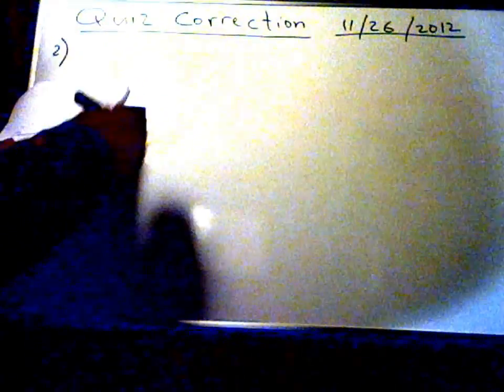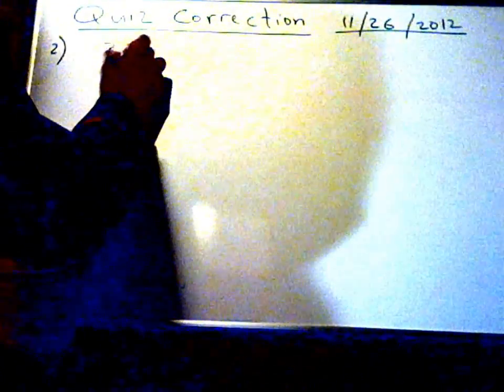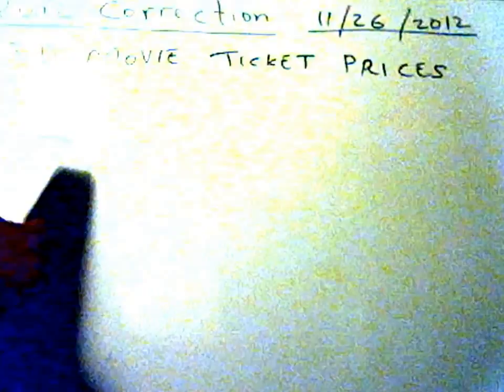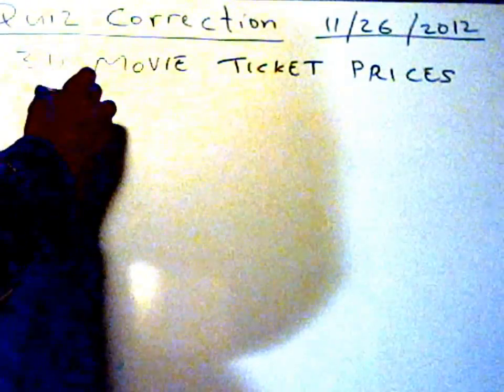Number 2 gave us a table. And the table looks like this. It's talking about 3D movie ticket prices. 3D movie ticket prices. And we're given that we have number